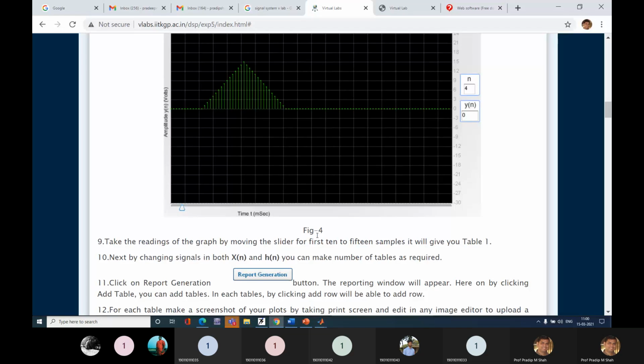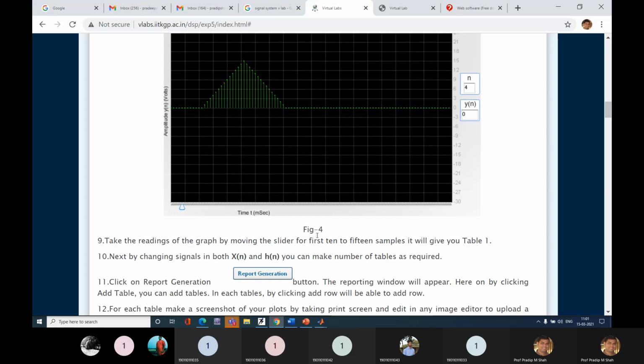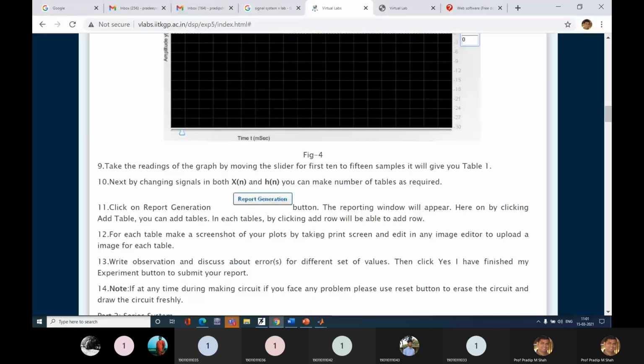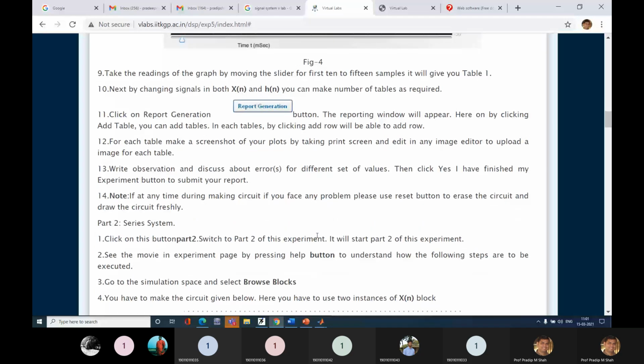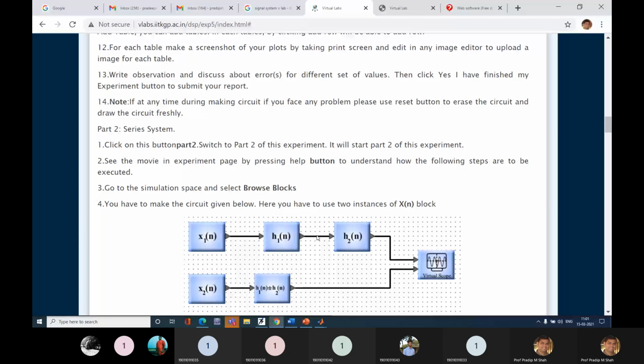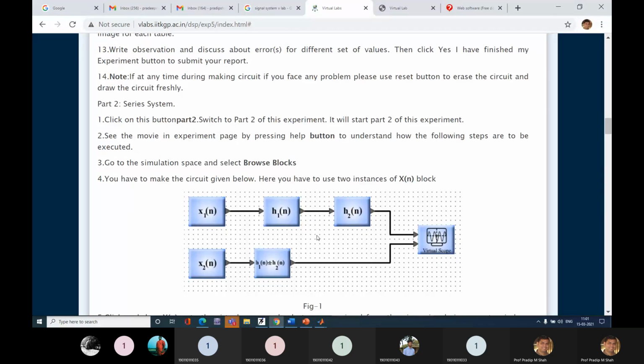You can do the same thing with a different waveform. In the first part, we are finding the response of the system, meaning the output of an LTI system.